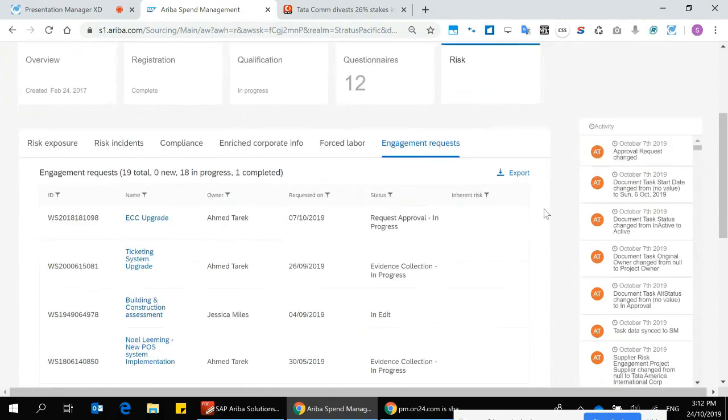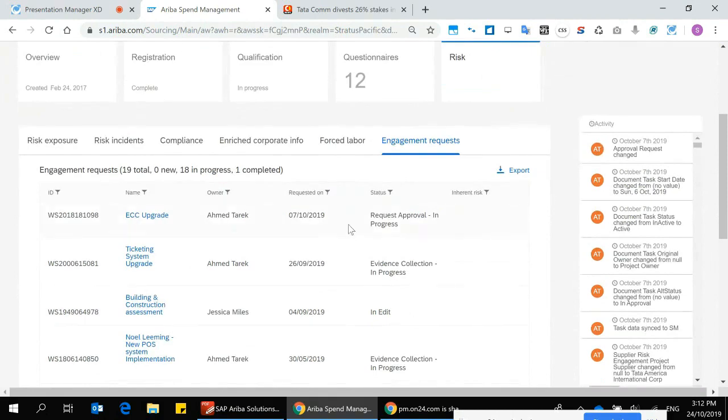So for Tata, we've already run a number of engagement requests. For example, we're looking at using them for an ECC upgrade.